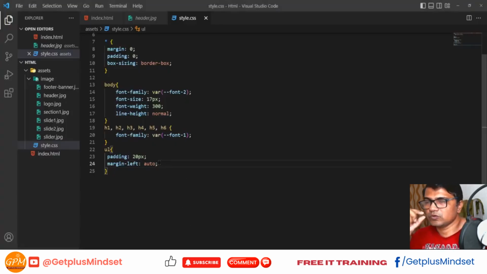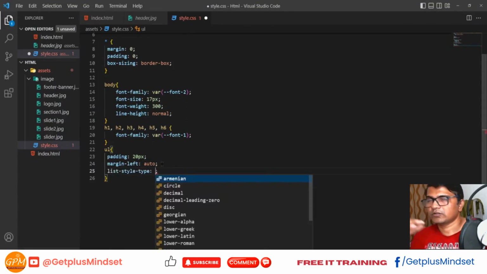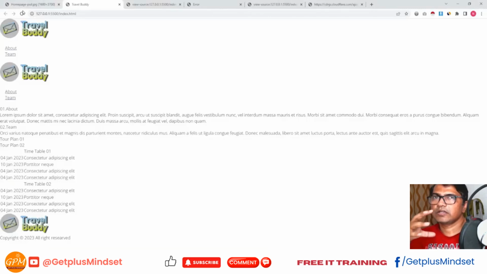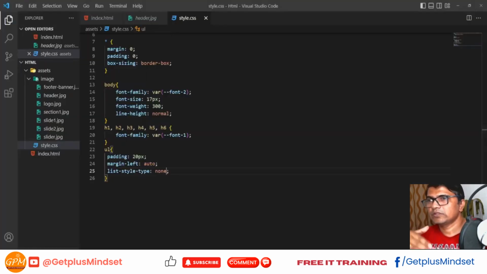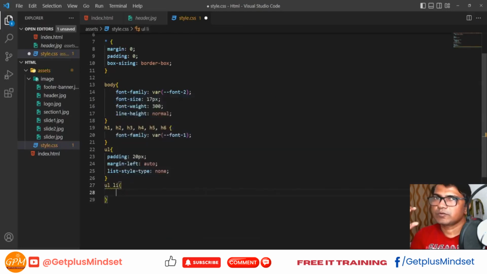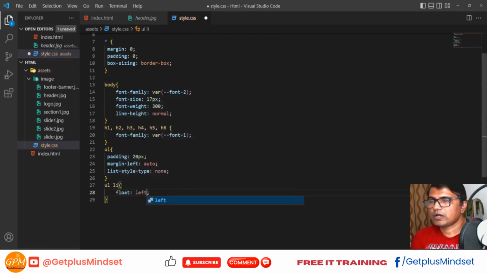So if you place a float property on the image, then the image will float on the left or right side depending on the value of the float. And what is the use of the clear property? The clear property specifies what should happen with the element that is next to a floating element. Suppose you have used floating right or left on a particular image, and after that you are using a